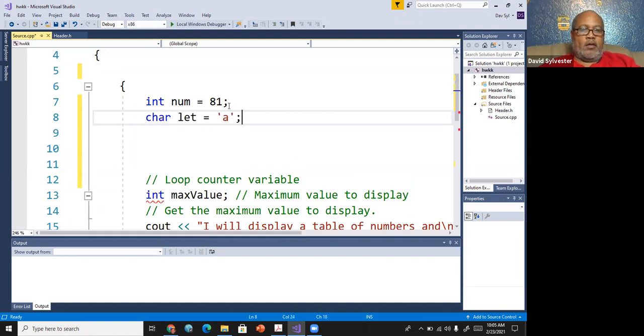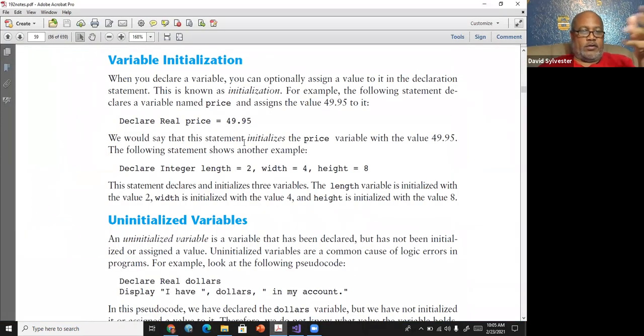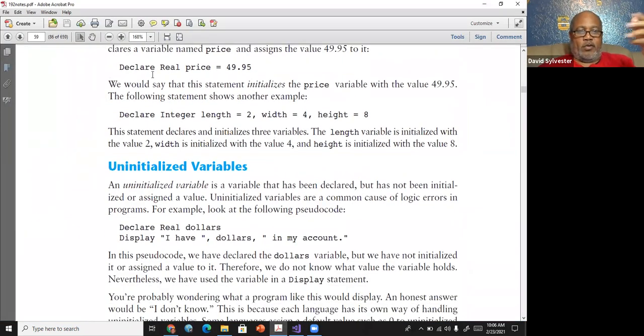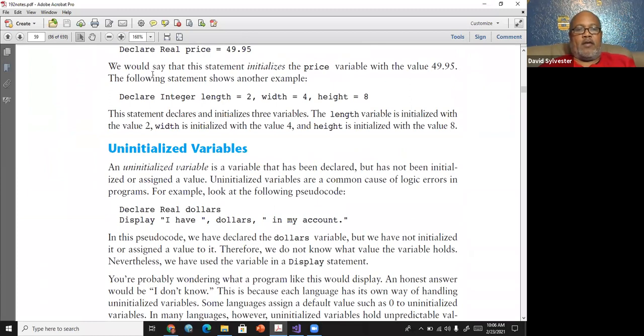That's an initialization. I'm giving it a data type, but I'm also giving it a value at that same time. But if I just do it like this, initializing num, but declaring let to be a char, okay, that's what they're talking about in that particular situation. Initializing a variable means giving it a starting value.